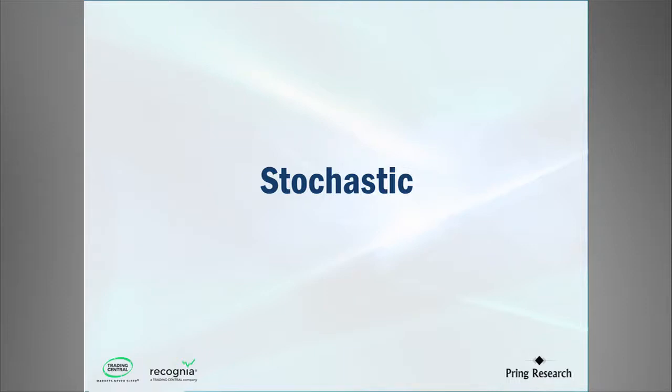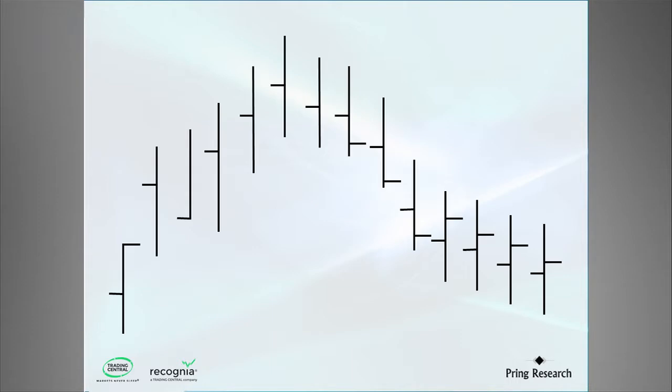Stochastic indicator is a very popular one, and it's really a moving average system. I think the crossovers, which we'll get to later, when combined with price trend confirmations, can be very effective. But there are other ways in which it can be used. The indicator was developed by George Lane, and the theory behind it is that prices tend to close near the